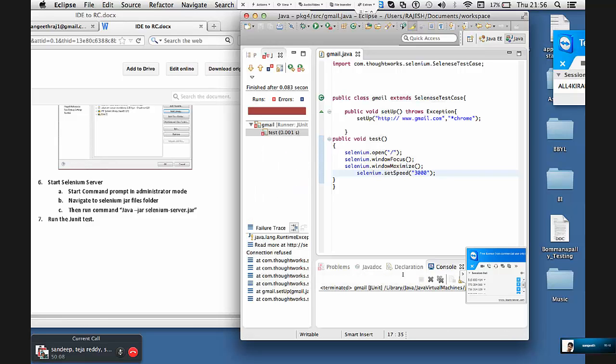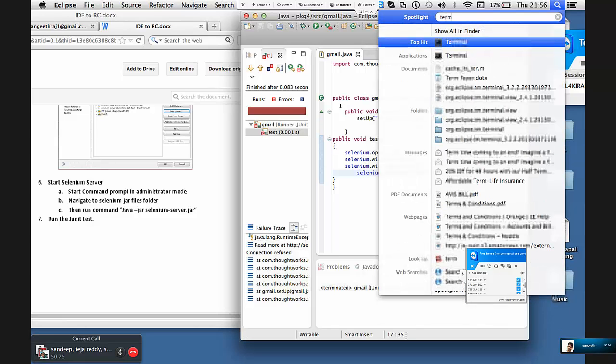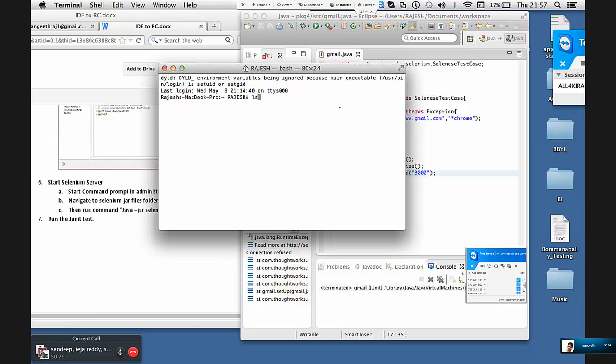Your server is not started. You have to start the server. How do you start the server? Is it terminal? Terminal, yes. Go to terminal, navigate to that folder and start it. Okay, shall I show it or can you do it? I'll try. Try it in front of me. Okay, CD desktop. CD space capital D E and tab. Yeah, enter. Now ls.